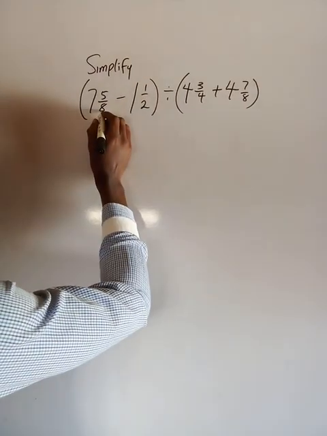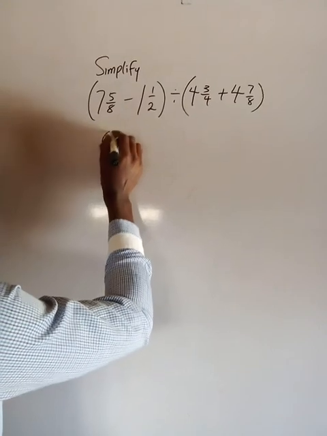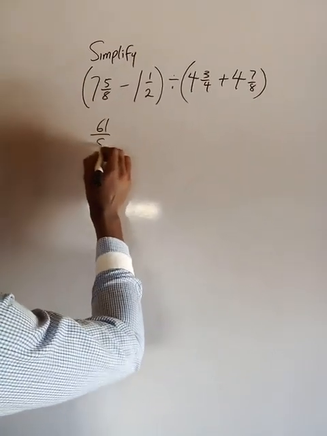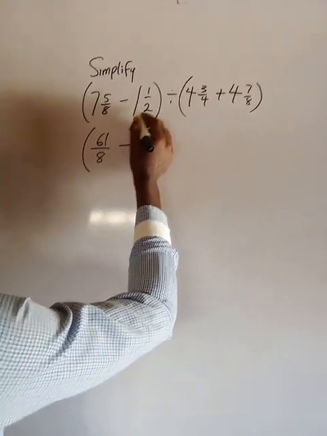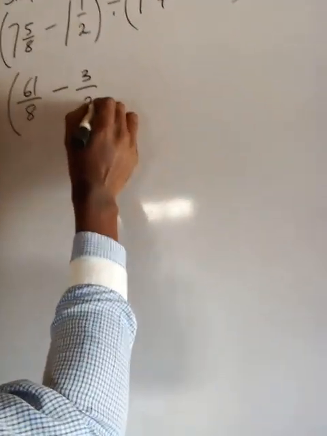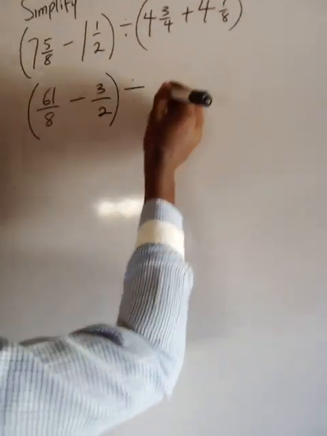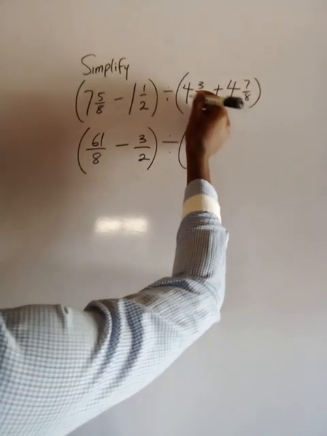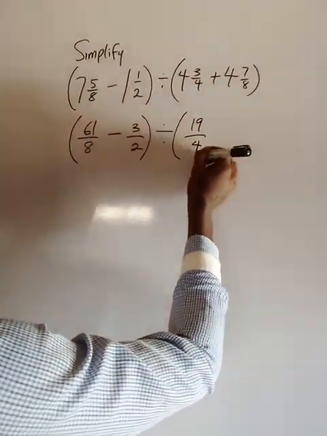To do that, we shall say 7 times 8 is 56. 56 plus 5 is 61. The denominator remains 8. Minus, don't forget the bracket, 2 times 1 is 2. Plus 1, 3 over 2, then you close the bracket. You are dividing this by, open your bracket, 4 times 4 is 16 plus 3, you have 19 over 4,